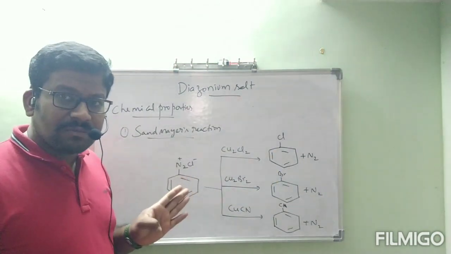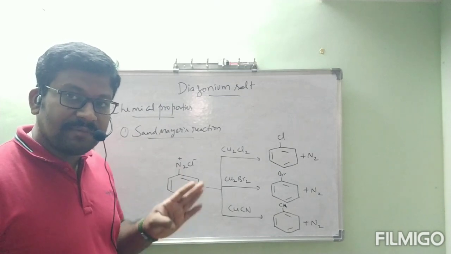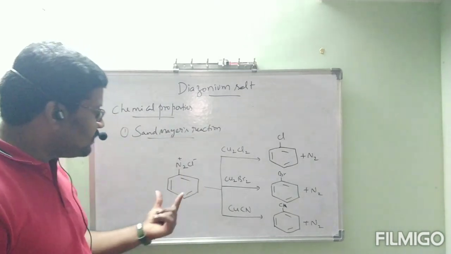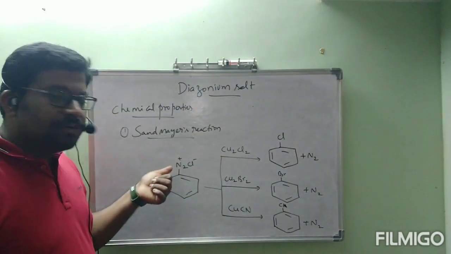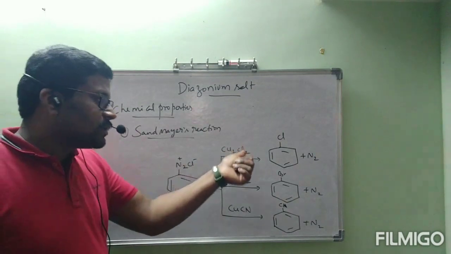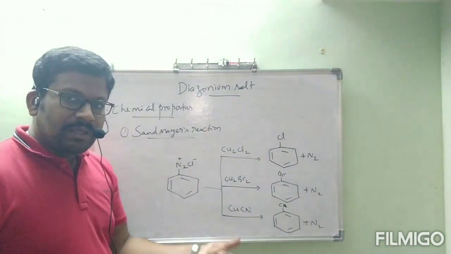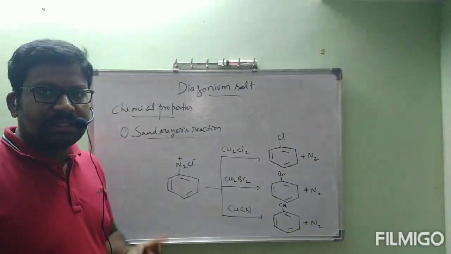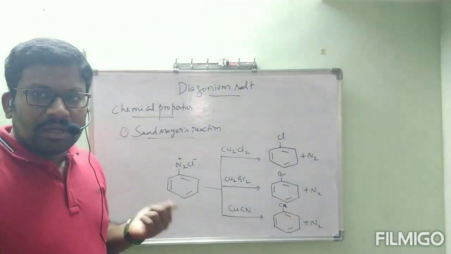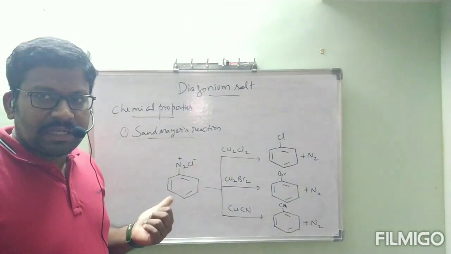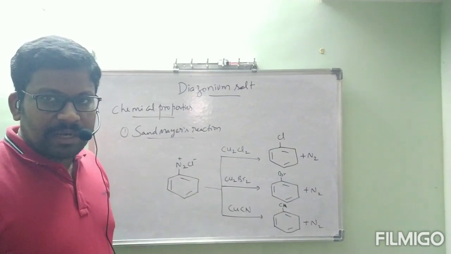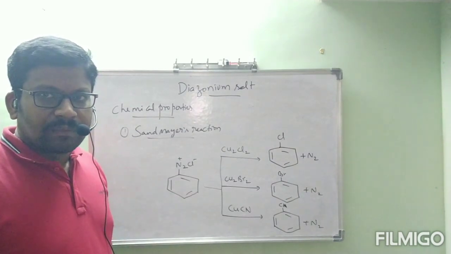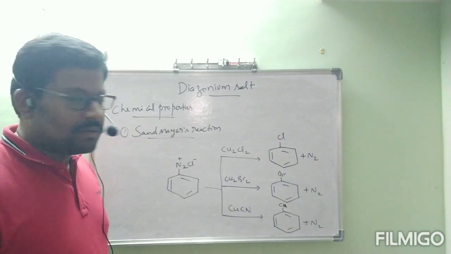Chemical properties of diazonium chlorides are very important as well as very easy reactions. Simply, in this benzene diazonium chloride, N2 is going to be replaced by whatever the group present here. This is called Sandmeyer's reaction. Chemical property 1, I think you completed this one. Next we will go through the next chemical property, that is the second one. Shall I go through? Now let us see.